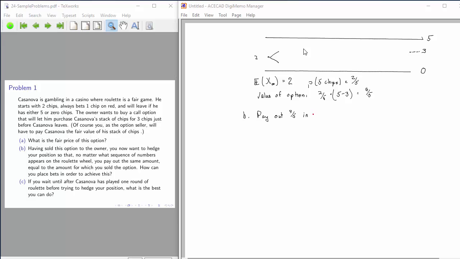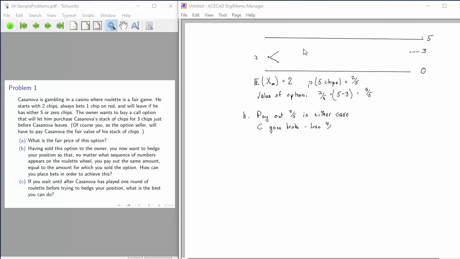So we're going to pay out 4/5 in either case. Well, there are 2 possibilities. Either Casanova goes broke, in which case you're willing to pay out 4/5,